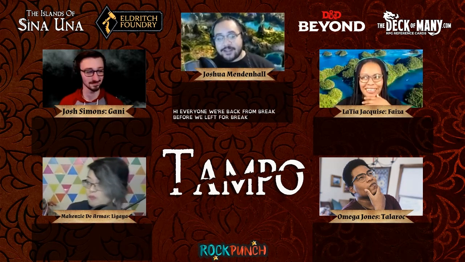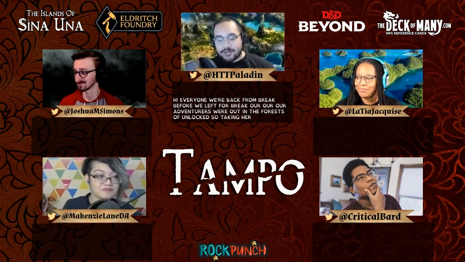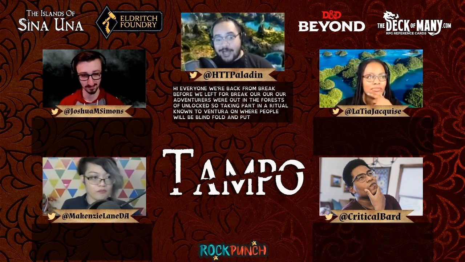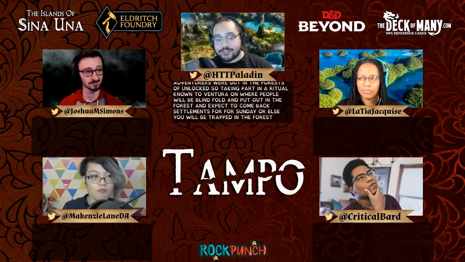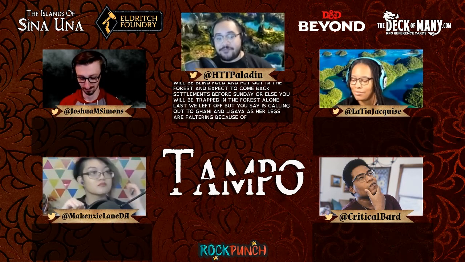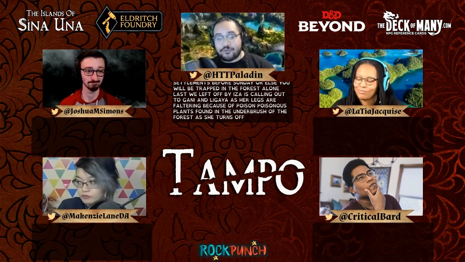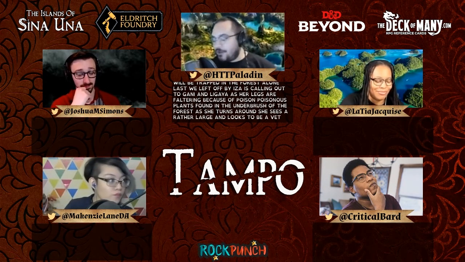Hi, everyone. We're back from break. Before we left for break, our adventurers were out in the forests of Adla'ato taking part in a ritual known to Linawan, where people would be blindfolded and put out into the forest and expect to come back to the settlement before sundown, or else they would be trapped in the forest alone. Last we left off, Faiza is calling out to Gani and Ligaya as her legs are faltering because of poisonous plants found in the underbrush of the forest. As she turns around, she sees a rather large and looks to be a kind of veteran coconut crab